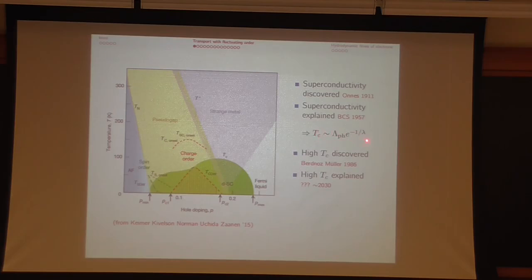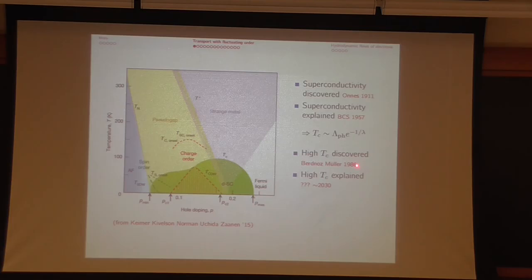So there's a hierarchy, the same way as in chiral symmetry breaking in QCD. There's a hierarchy between the cutoff, which is the maximum frequency of the phonons, and TC, where lambda is the Yukawa coupling. Typically, TC is several orders of magnitude smaller than the cutoff. And because of this hierarchy, the highest critical temperature you can have for a BCS superconductor is of order 30 kelvins.